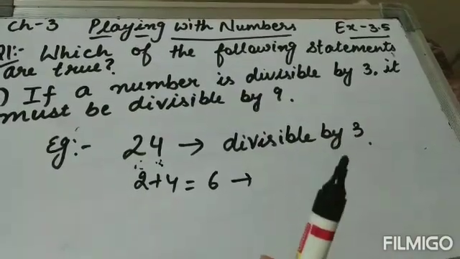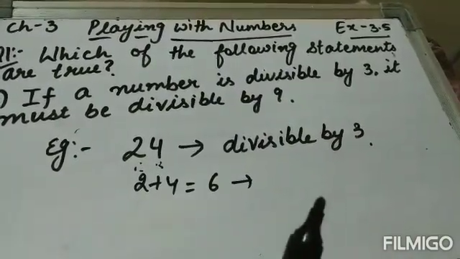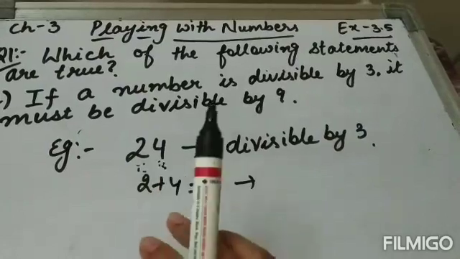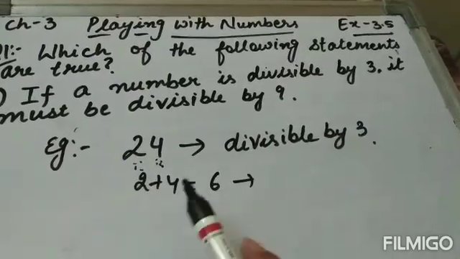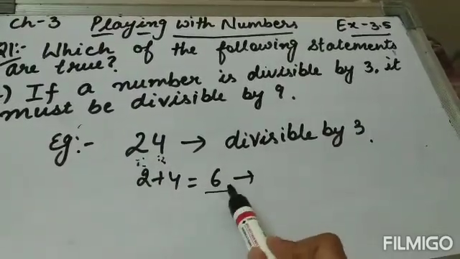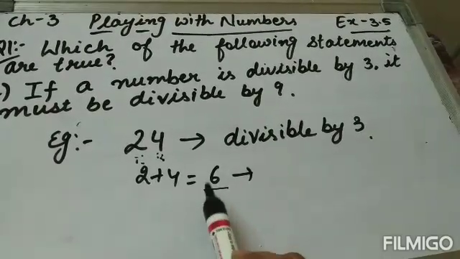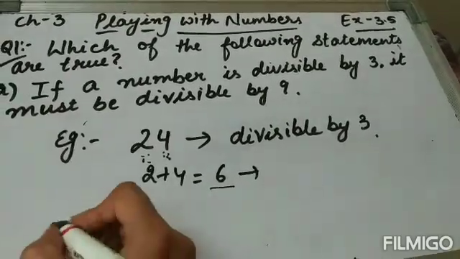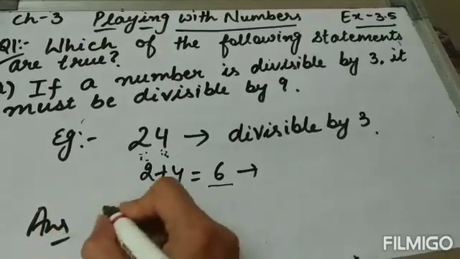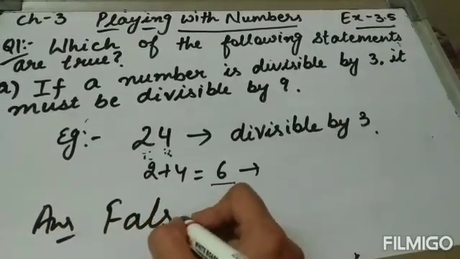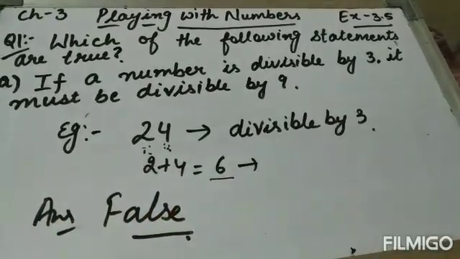Because the divisibility test of 9 says that the sum of digits should be a multiple of 9, but here the sum of digits is 6. That means this 24 is not divisible by 9. That means our statement is false. Okay, this is false. Second part is